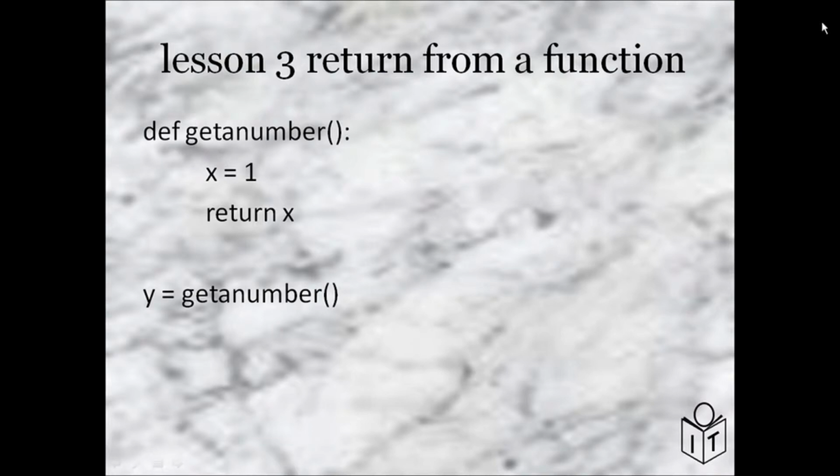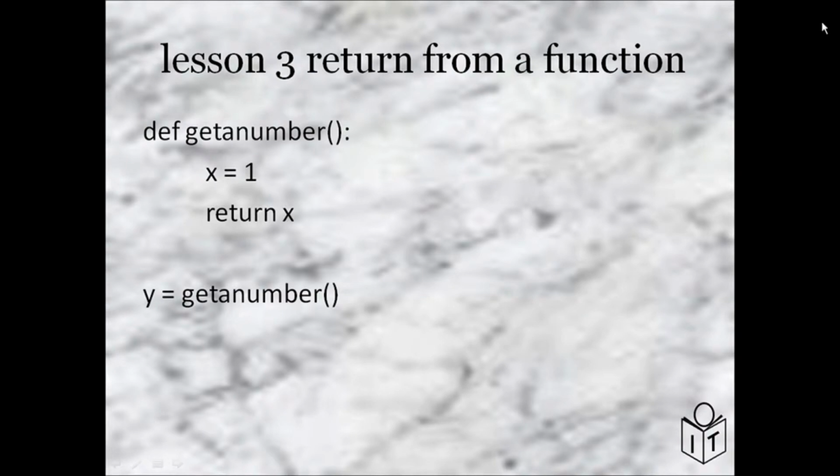Finally, we need to know how to return something from a function. So here we have a function called getANumber, which creates x which equals 1, and we can return x, so we're only going to return the number 1. We call the function as normal, getANumber, which is the function name, but this time you will see before we